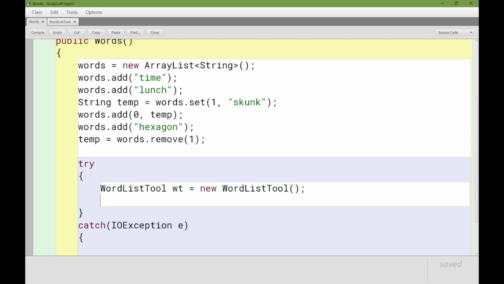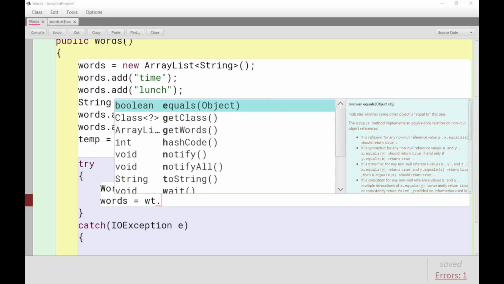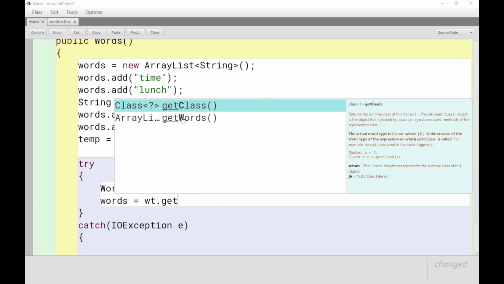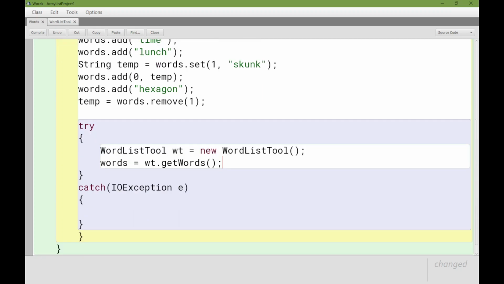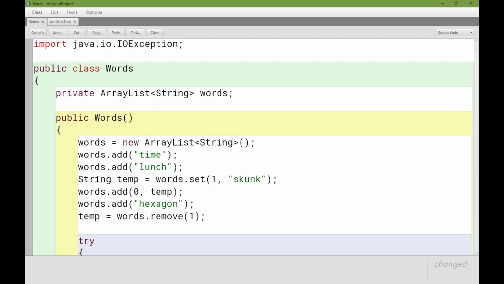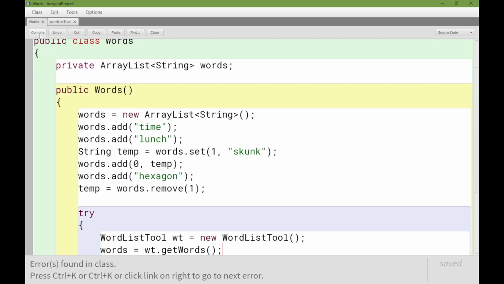And then our list of words is going to equal wt, for the word list tool. And look at it, it's a method called getWords. There's no description of it because I wrote it, and so hacky. Anyways, that's just grabbed a whole list of words for us, and now words is that. And just to demonstrate that something has happened, that it's not what it was before,